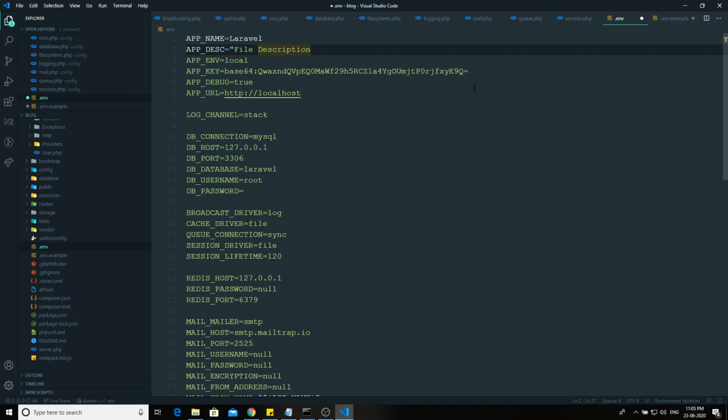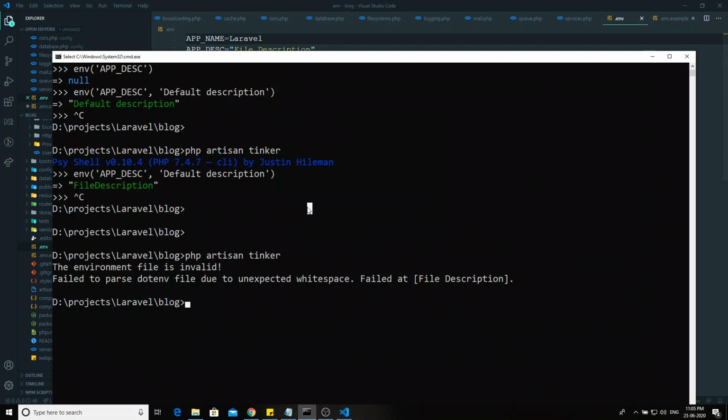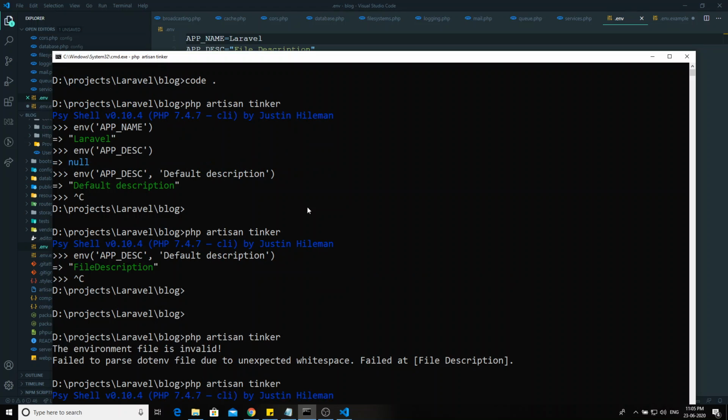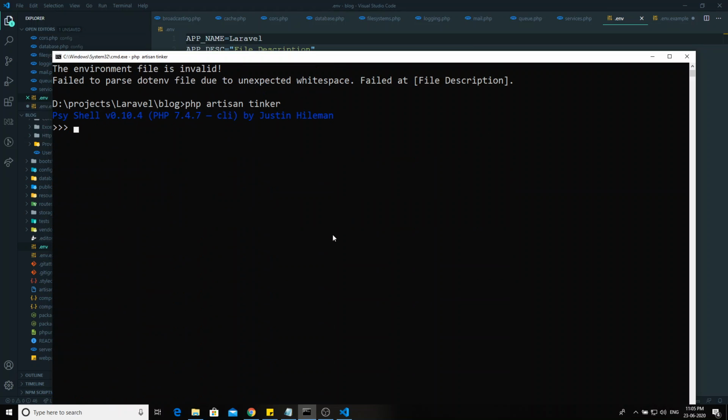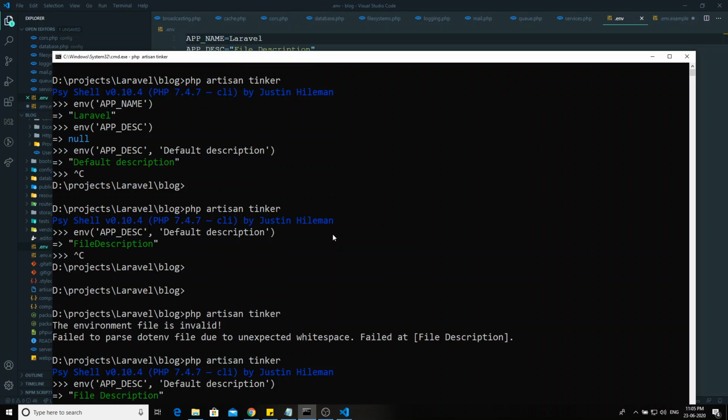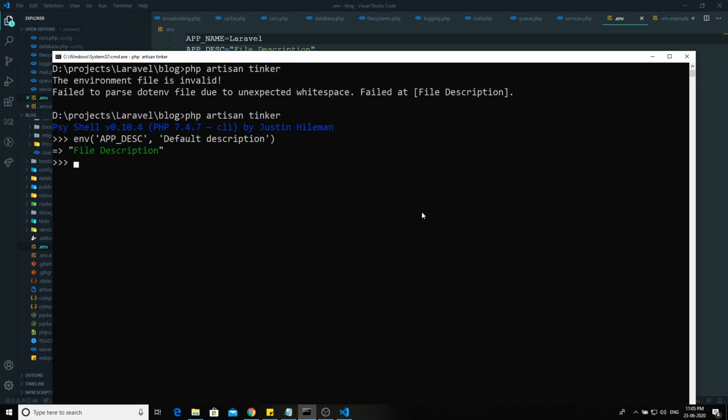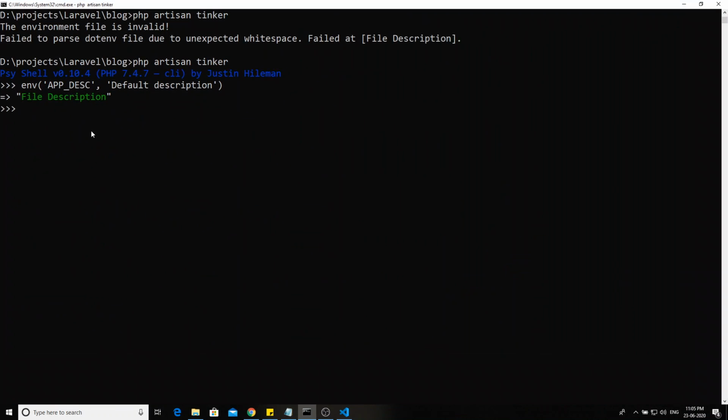This is just a common, normal thing I'm mentioning. If it is a single word, there is no need to use double quotes, or otherwise you can use double quotes also. Now if I go out and run Tinker, it is valid. Now if I mention it here you are getting file and file description.